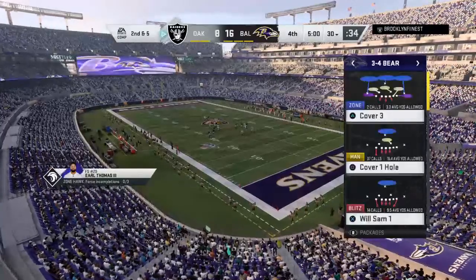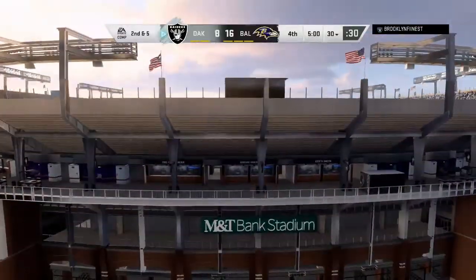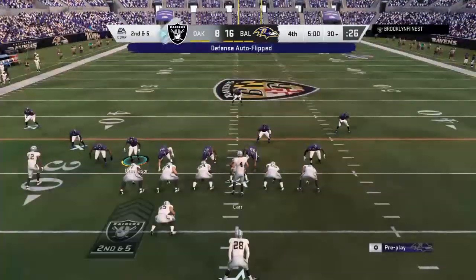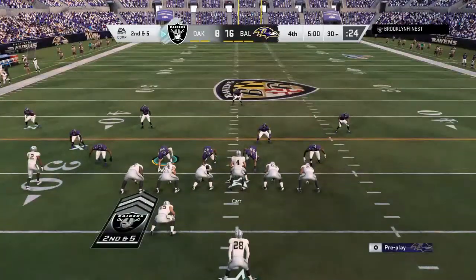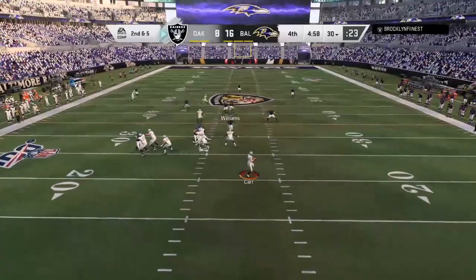Back now in Baltimore. It's Raider football here, but they're on the short side of the scoreboard right now as we begin the 4th. After the pickup of 5, here's 2nd and 5. Carr. Giving it up already,